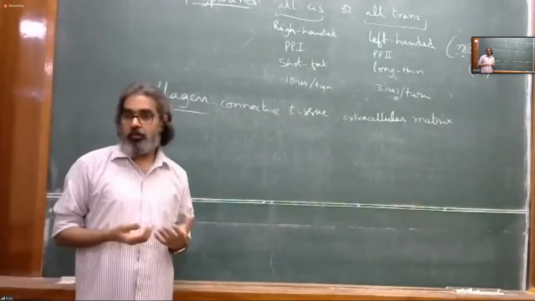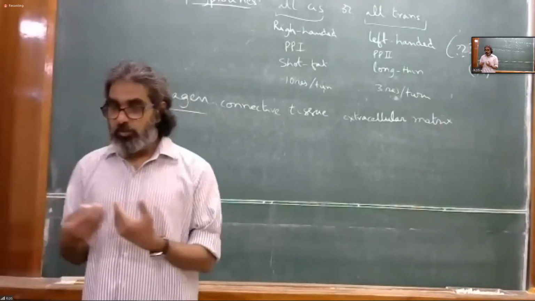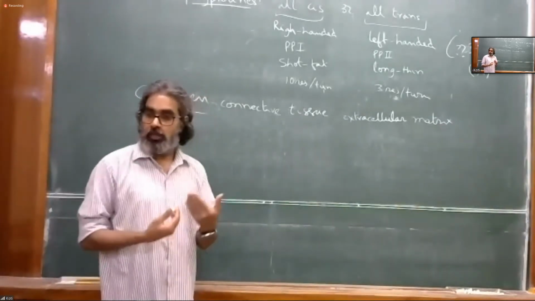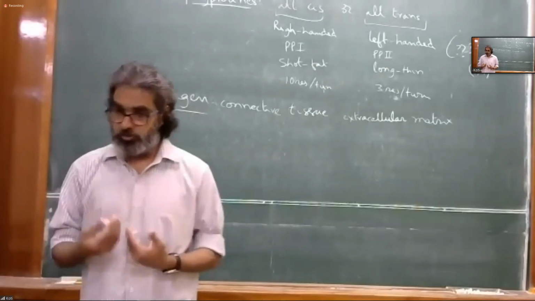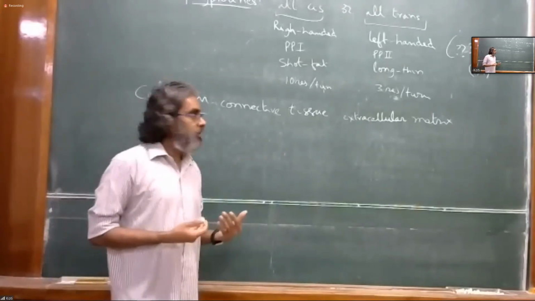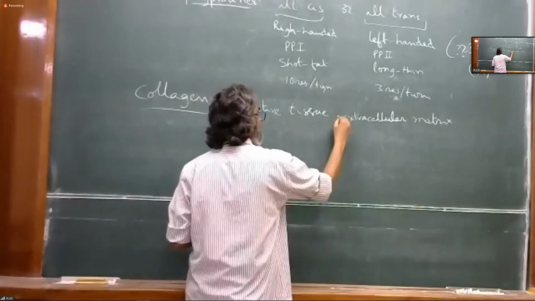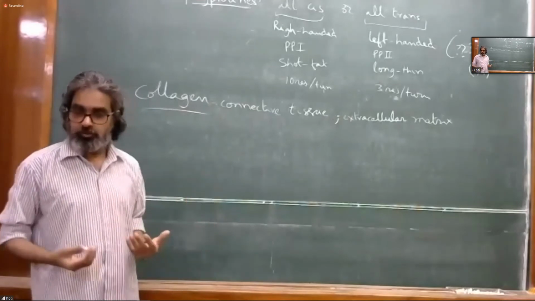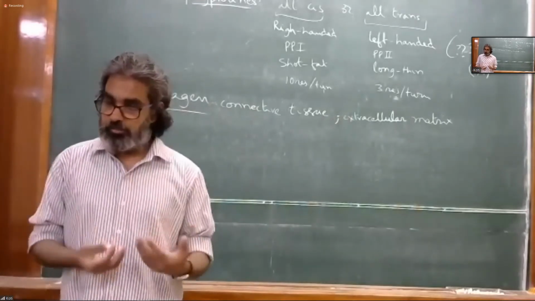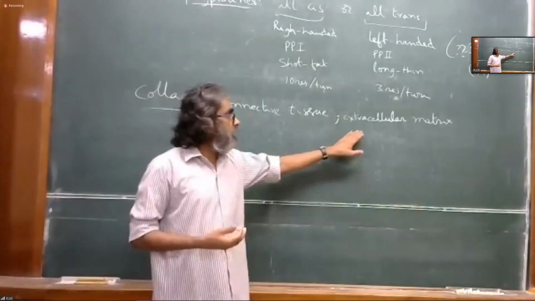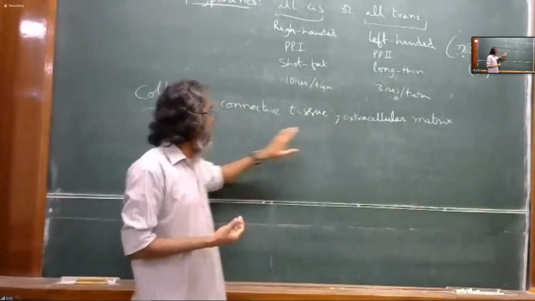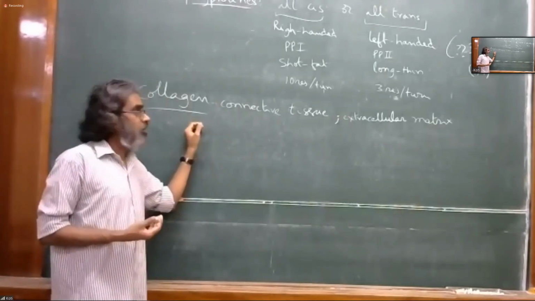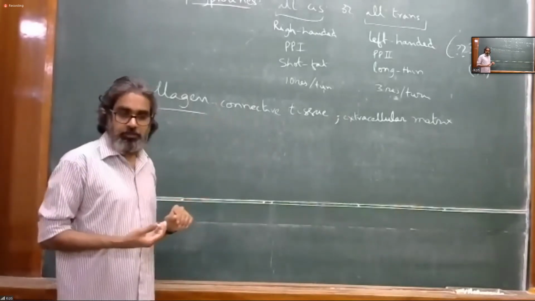But in multicellular organisms like us, the cells need to communicate, and they also need to have architecture, depending on the tissue. So the molecules which build this connection or communication between the cells exist because there is a matrix outside the cells where the cells are embedded. That's the extracellular matrix. The protein which makes up the extracellular matrix is collagen. So it's a very important protein, and it is present in other